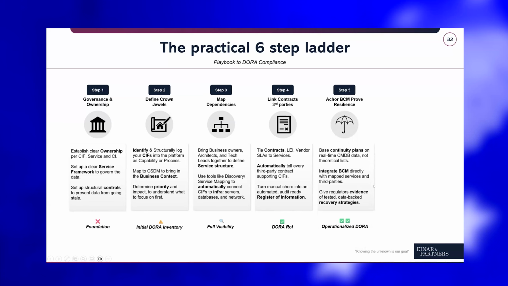And moreover, in step 5, what we see is very beneficial when you have that data in one place, when you have these proper dependency maps in place, when we understand the third parties and how they are connected, is that this data can actually be used in your business continuity management as well. So when we're looking from a continuity perspective, obviously we need to have insight, we need to understand what is involved, which vendors are involved, so that we can properly think of what our recovery strategies are, what we do in case of an incident.